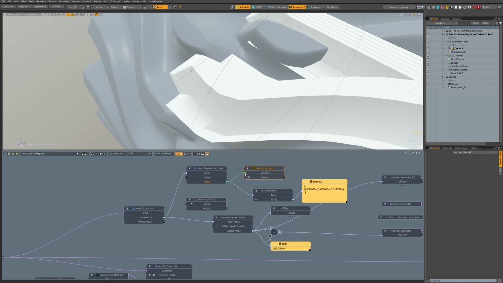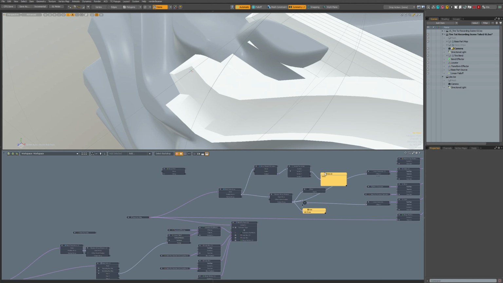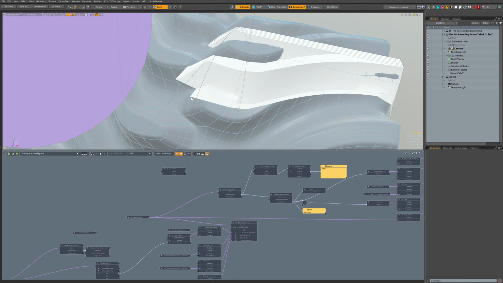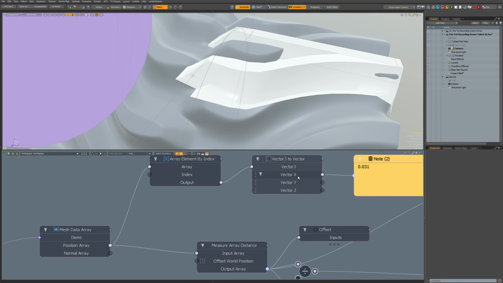So if we take this, now we can have this vector X. This we don't need, but it's very useful when working with arrays. We can delete that. So this X is our position for the falloff.